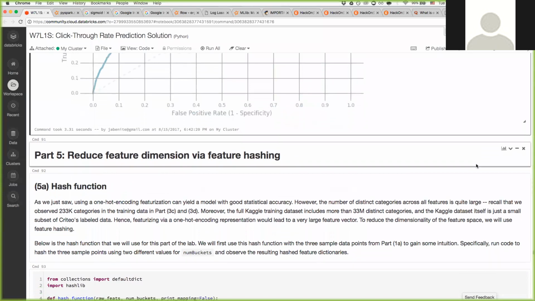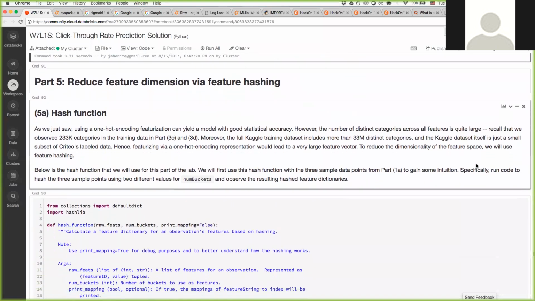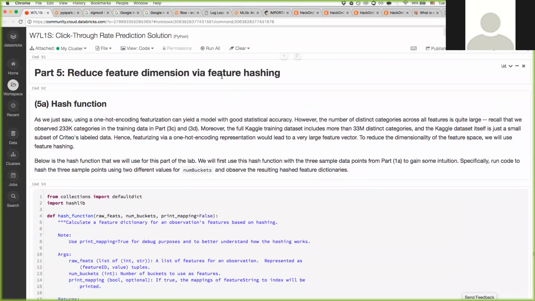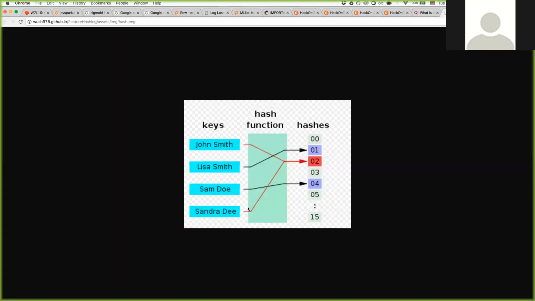So we still have a lot of material, and we're well past our time. But the last thing to mention is dimensionality reduction via feature hashing. Hashing is a very cool technique, and I think I have a plot here. Yes, this one. So what hashing is doing is that you have some input, in this case called keys, and then you have a function that would